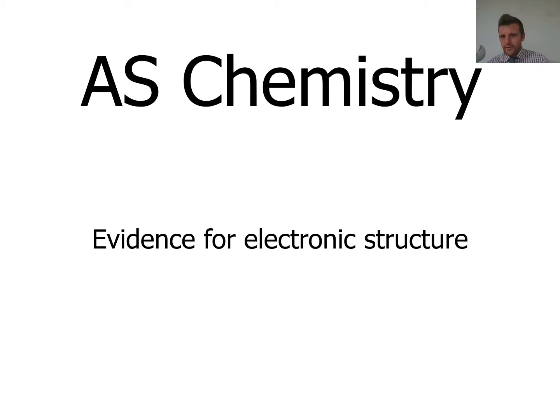Atomic structure chemistry, evidence for electronic structure. In other words, orbitals, how many electrons fit in each shell. The first half of this is HL chemistry, and then the second part is atomic absorption and emission spectra, which